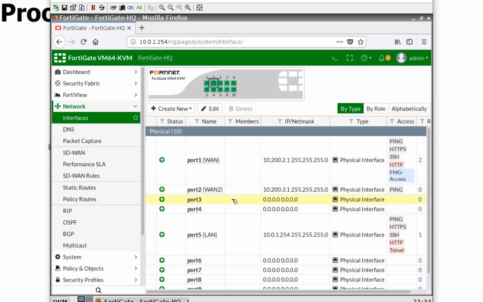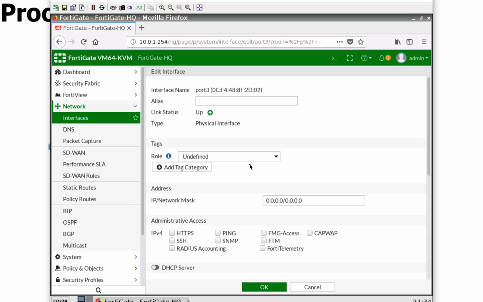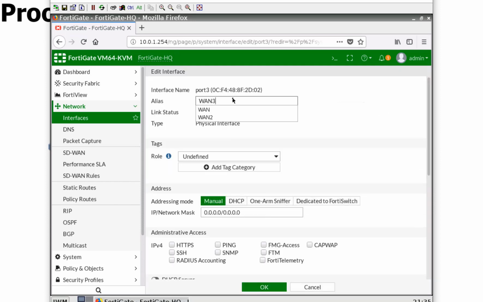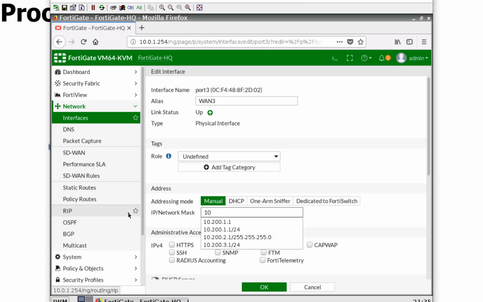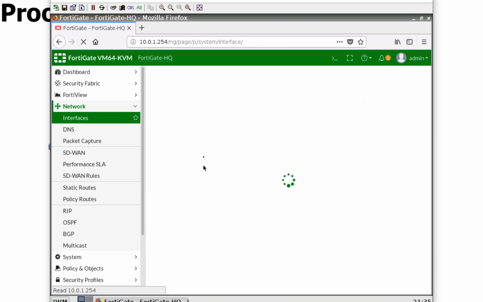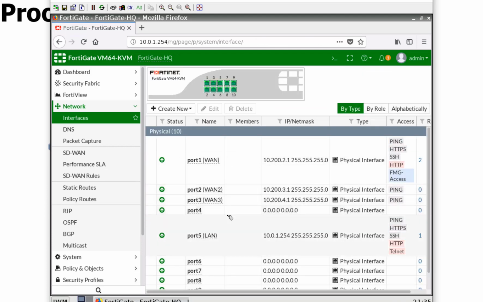And then we'll go to port 3. We'll call this WAN 3, and it'll be 10.200.4.1, /24, with ping access. All right, there we go. And last but not least,